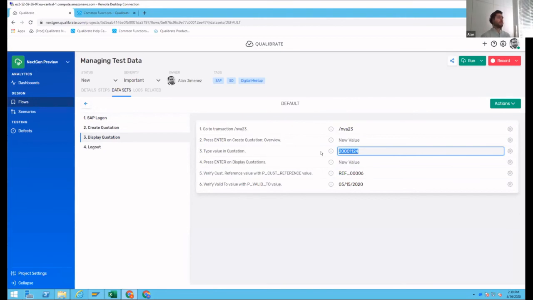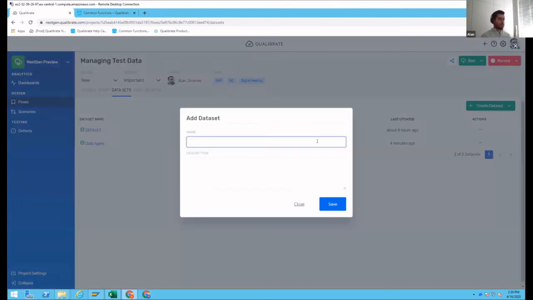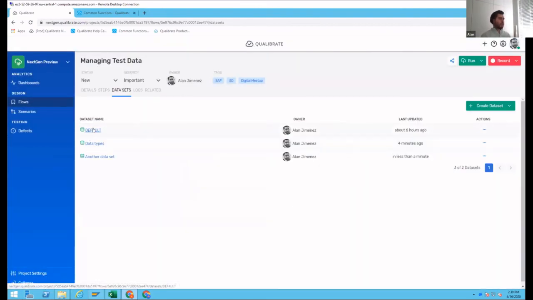You can still modify the data itself, but we give you the much better benefit of adding more datasets as part of that flow. We have a one-to-many relationship between the flow itself, the model of the flow, and the datasets. So you can generate, for instance, another dataset. I showed you here that with just a couple of clicks, we have support for 3 different data combinations.